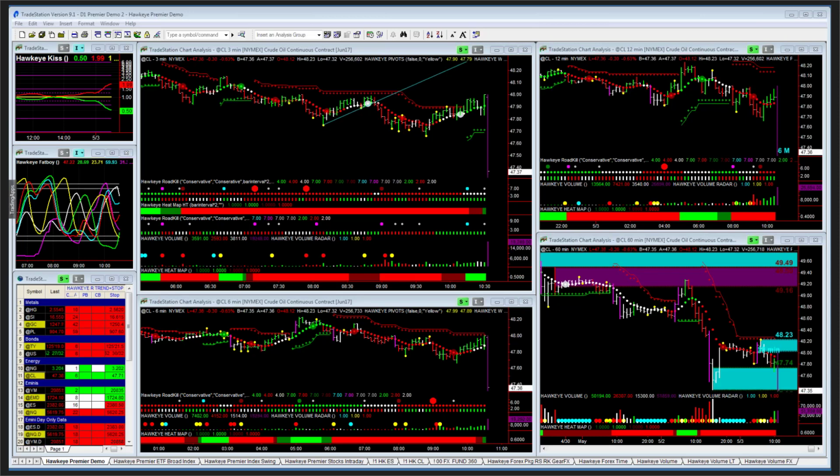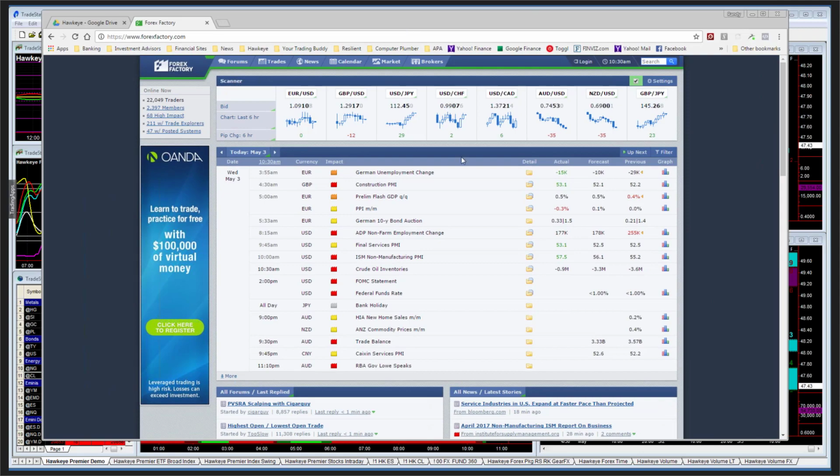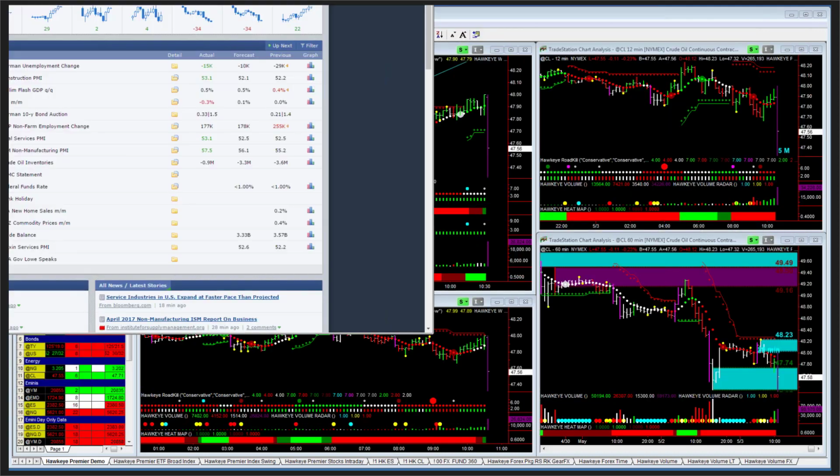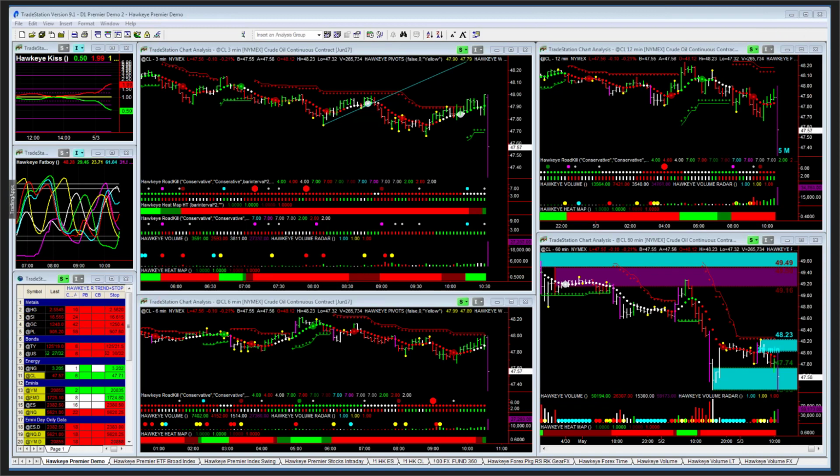They were expecting a 3.3 million reduction. It came out much less, so it's not as weak as they say. The reduction in inventories is not as much as they expected. Previously they had a very large reduction. Now they're looking for a larger reduction along the same lines, but it's not quite as large. So inventories are not going down as fast. Supply is higher, so price is going to go down, and that's the overall reaction they're looking at. They were expecting a lot more of a drop, which was bolstering a higher price.